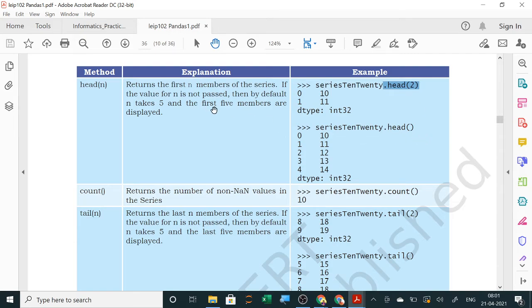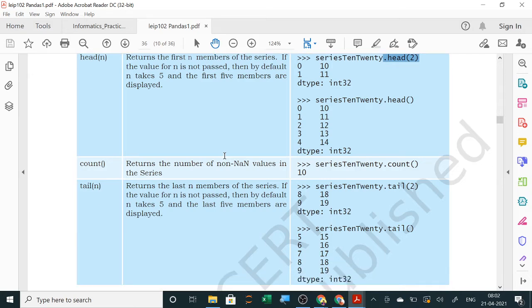So as per the question, because head and tail will be asked in your board exam, you have already seen the sample paper, and in the sample paper the head and tail functions have been asked in the case study as well as in 1 mark questions, in 5 mark questions, in many places. So head I will use for the top records.